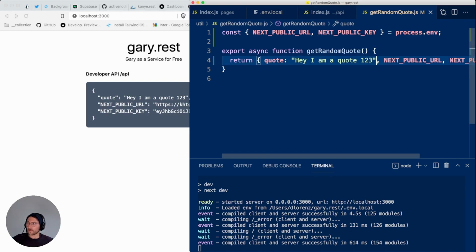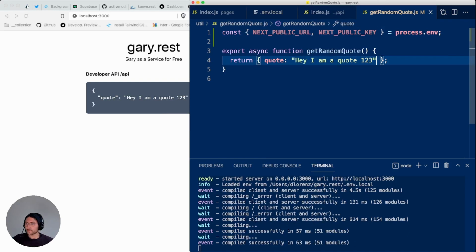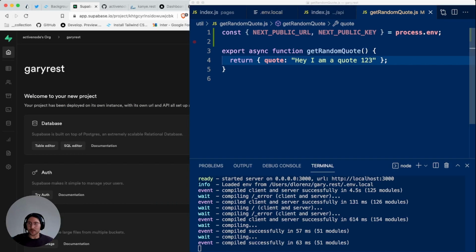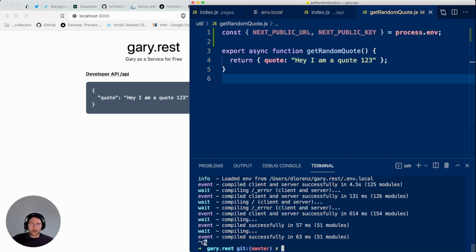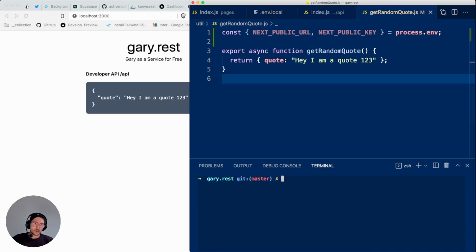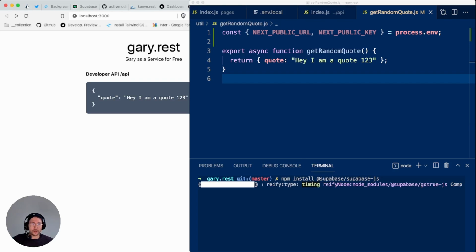Let's remove it from the object again and instead initialize Supabase, which, by the way, seems to have initialized. Right, so before we can initialize Supabase, we obviously need to install Supabase by calling, I have it somewhere, add @supabase/supabase-js, and we'll wait for that to be finished.